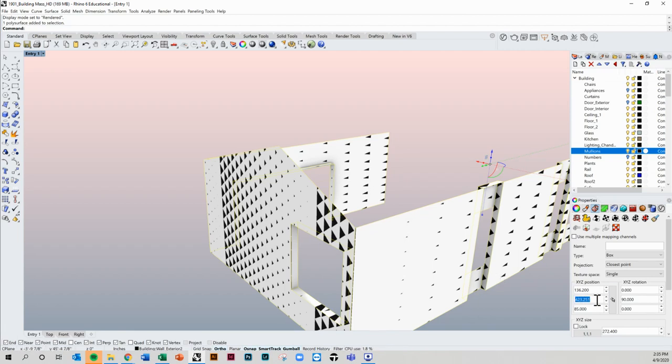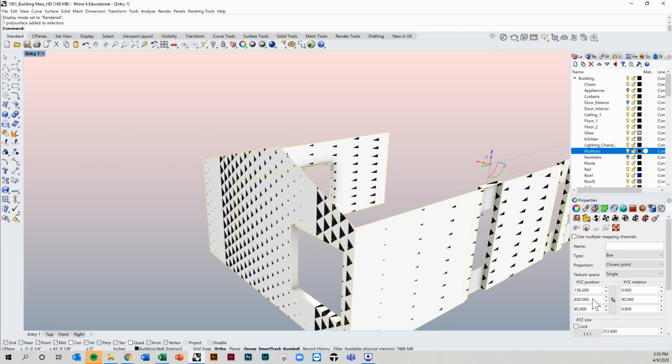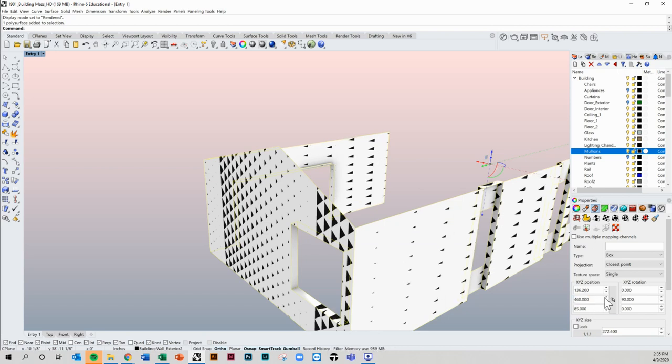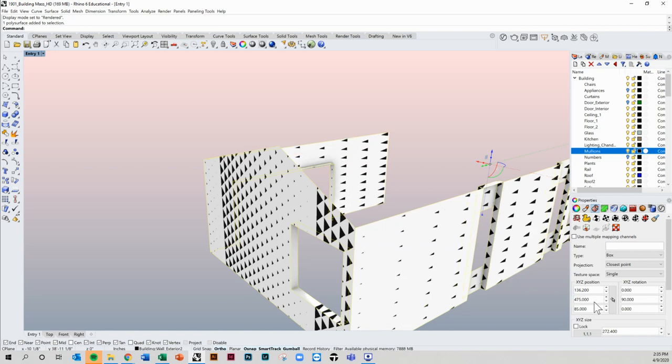So it's at 420. So let me increase it so that these triangles show up further this way. So I'll type in 450. Okay, you see that? This didn't change, but these did. I can keep going. 460. See that? Try it again. 475. Okay, so this surface and this surface, since it's on the axis of Y, it's affecting the texture, but